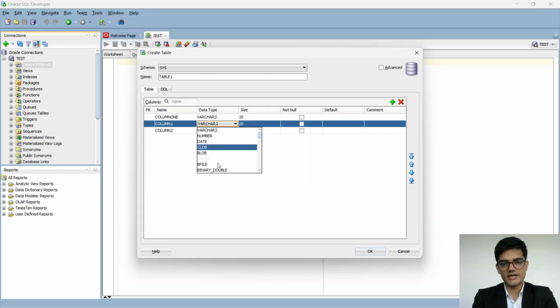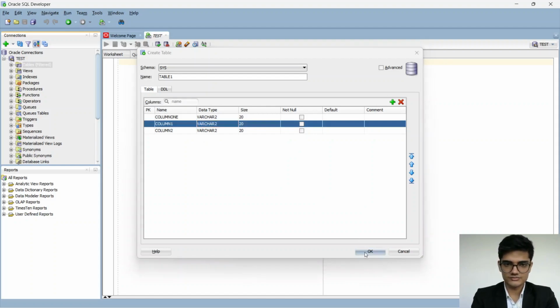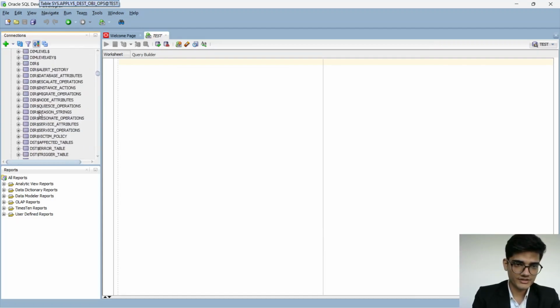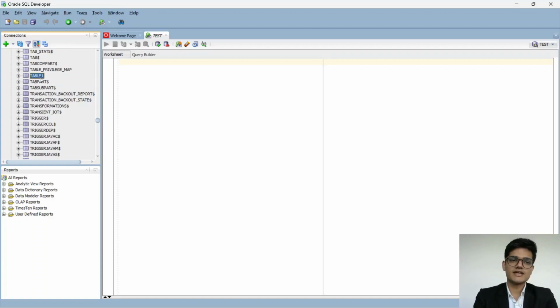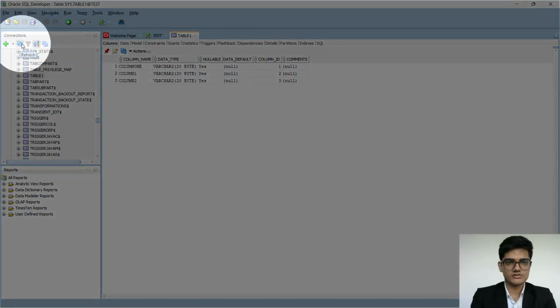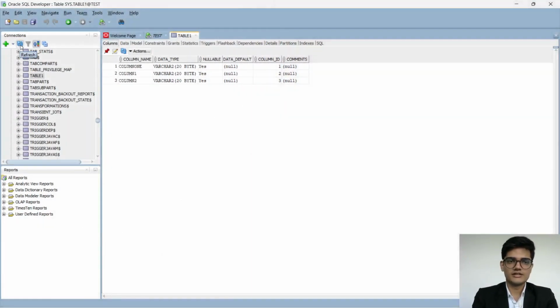There are a number of data types we can use. So let's just create the table, and here we must find our table 1. So here we got our table 1, but in case you created a table and you are unable to find it, then you can always use this refresh button here, and the table will appear instantly. So this is the way you can create a table